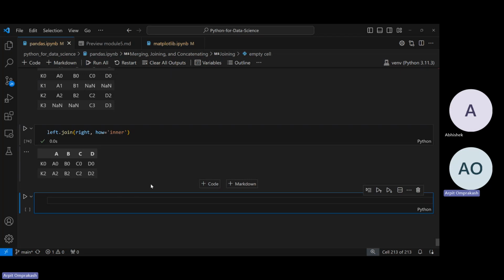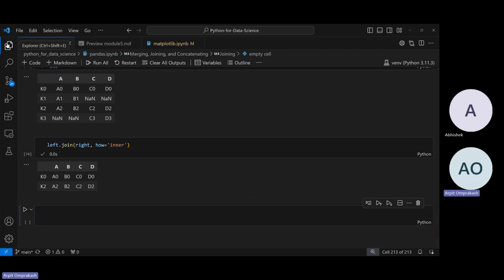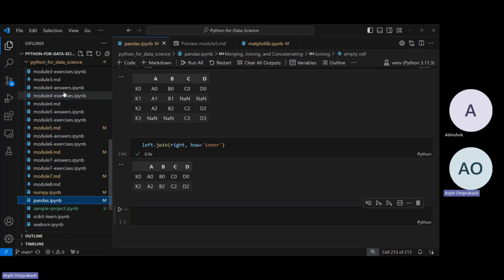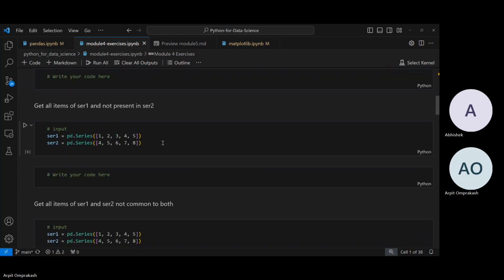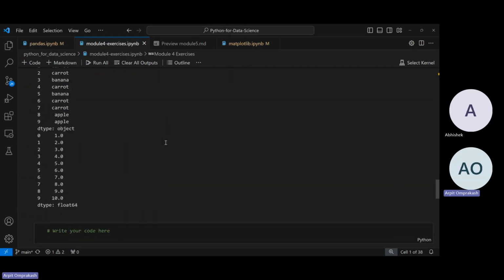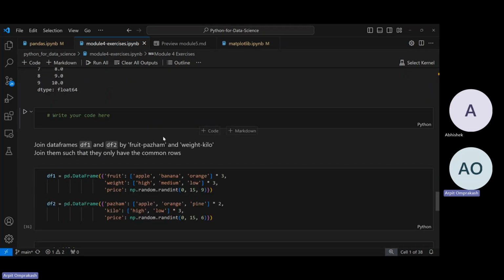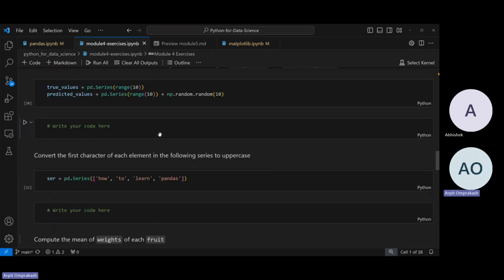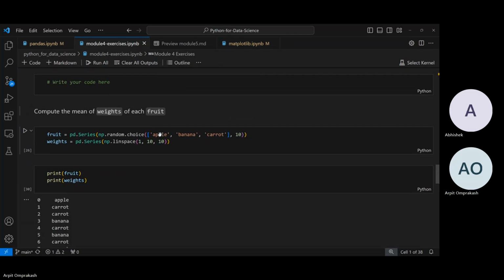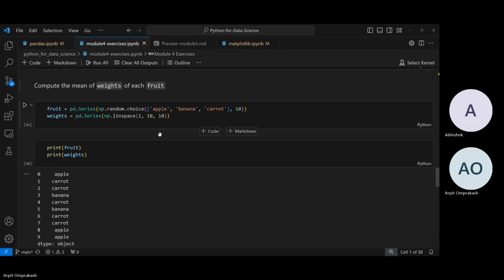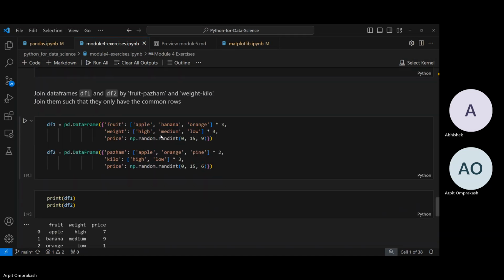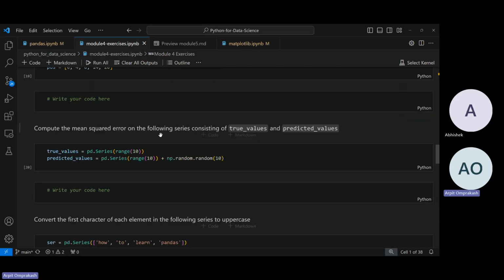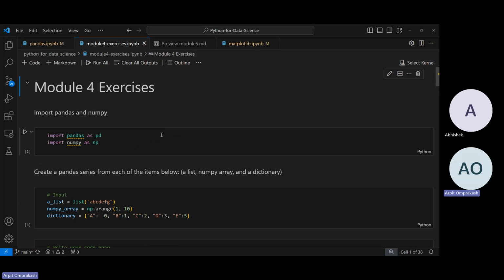So that was it for pandas. We have another exercise for module 4, which is pandas. I'll share this exercise with you guys over email. You can check it out and then solve it. Next class we'll discuss this, and then we'll start looking into